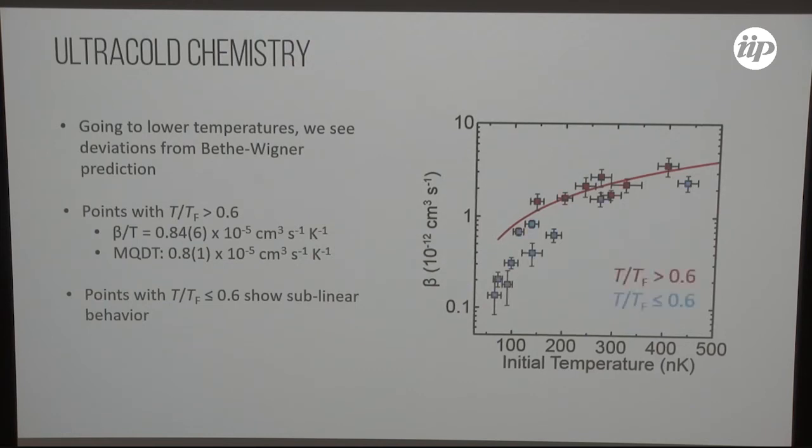And the nice thing is that we realize that the different behavior along this line happens as a function of the T over TF of the molecules. So for molecules that have a degree of degeneracy above 0.6, they agree very well with the prediction for the P-wave theory. Instead, when the degree of degeneracy is significant, so well below 0.6, the deviation from this prediction for the P-wave collision starts to be extremely strong.